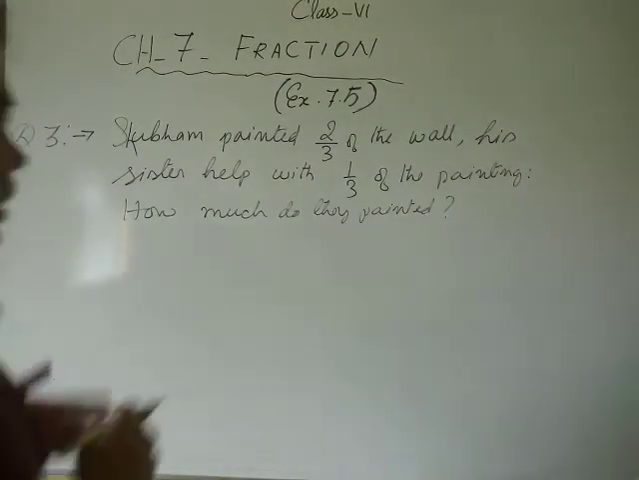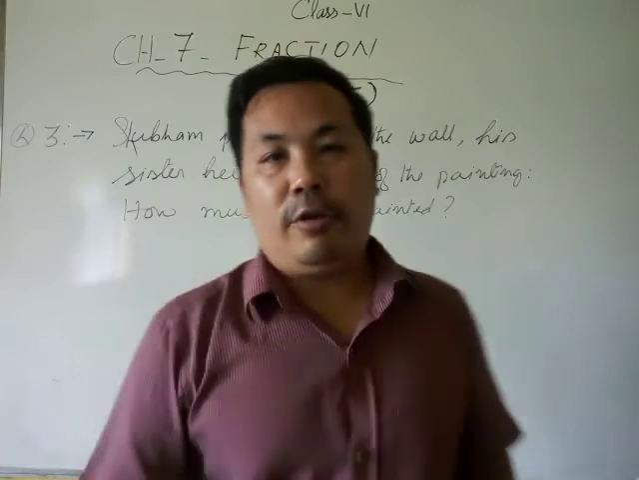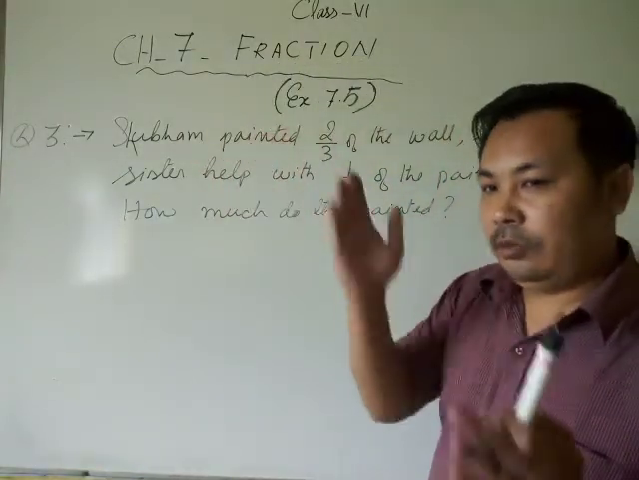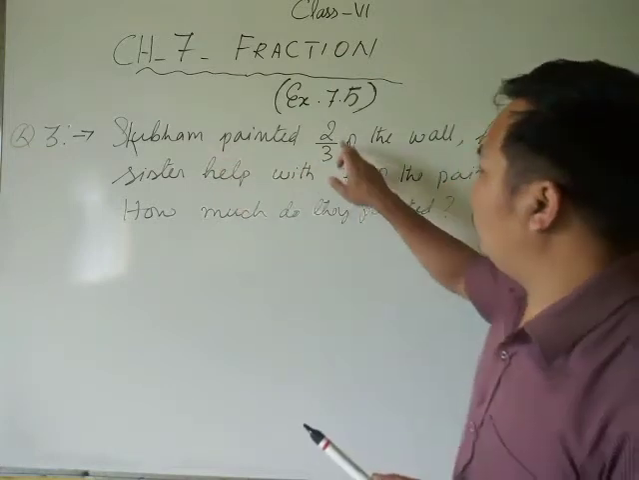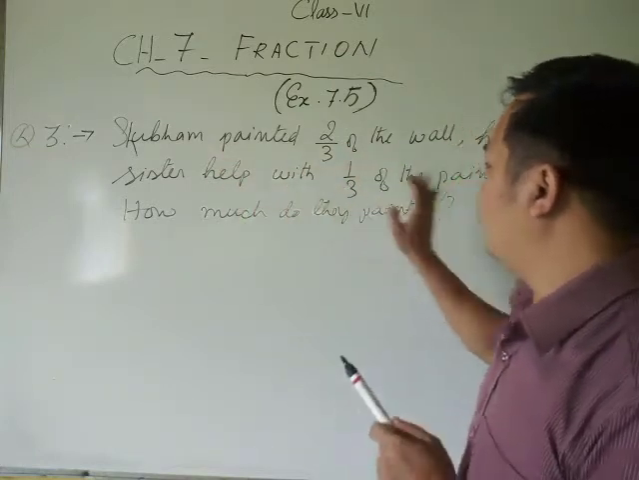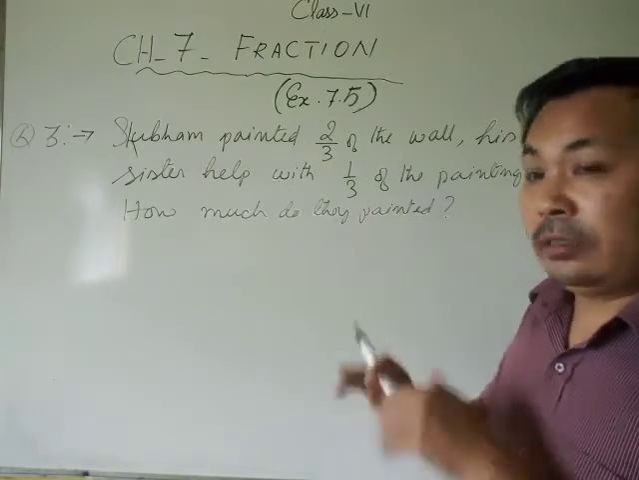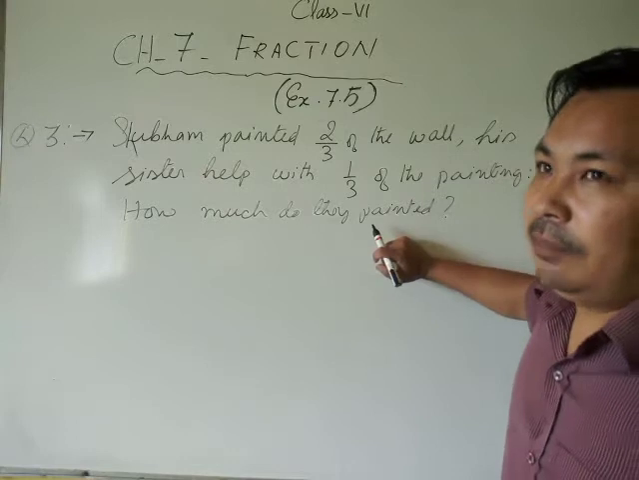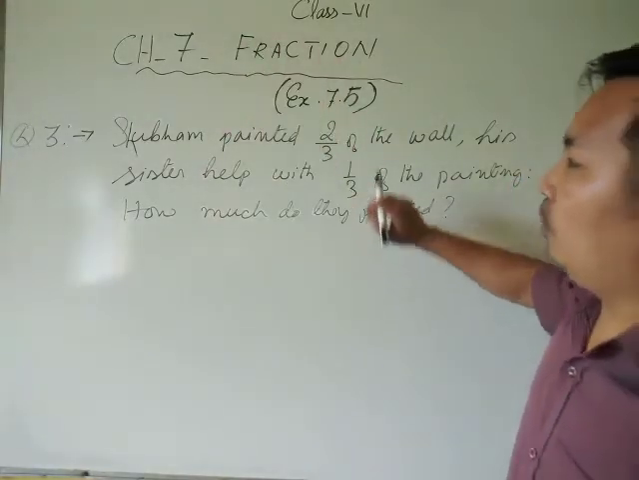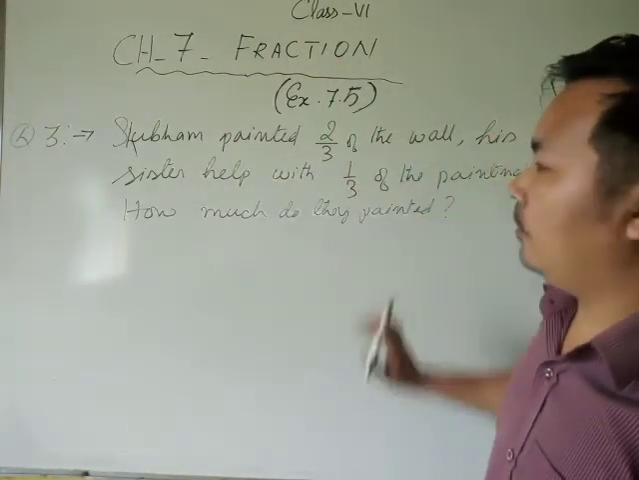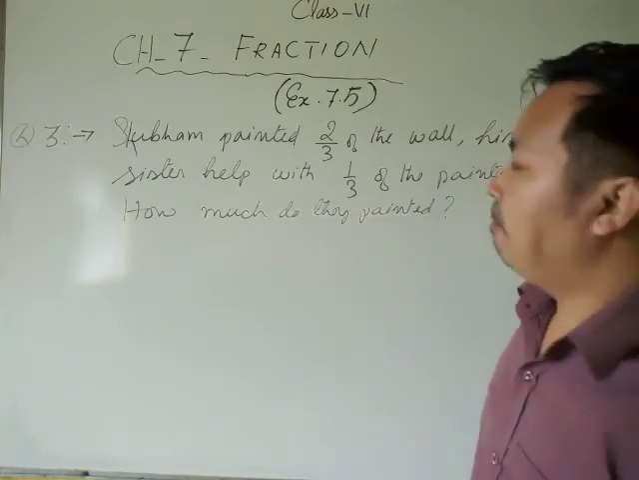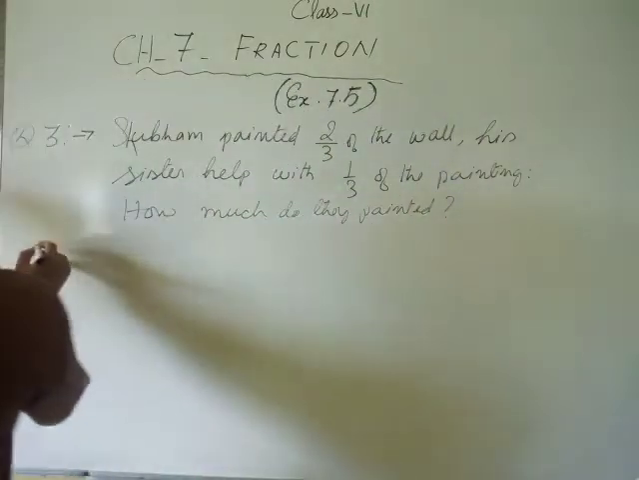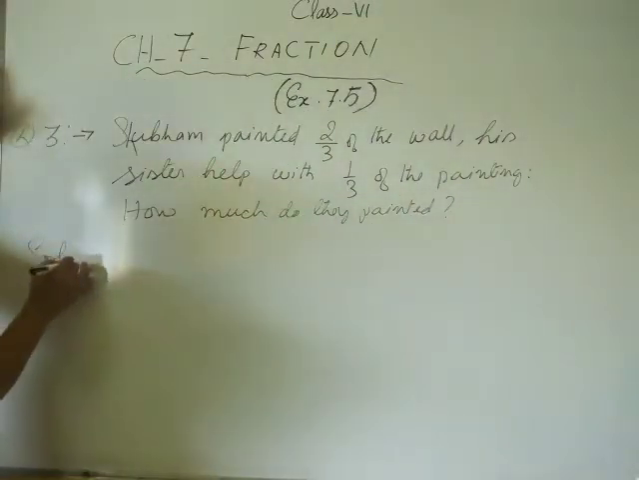Hello my dear student, this is question number 4 we have. In this question, actually I didn't modify the question, but the concept is the same. You can see in your book. Subham painted 2 by 3 of the wall and his sister painted 1 by 3 of the wall. Just understand that a brother and sister are painting the wall. Subham is painting 2 by 3 and the sister is painting 1 by 3. Then the question is asking how much do they paint together? So in the solution, what we have to do is